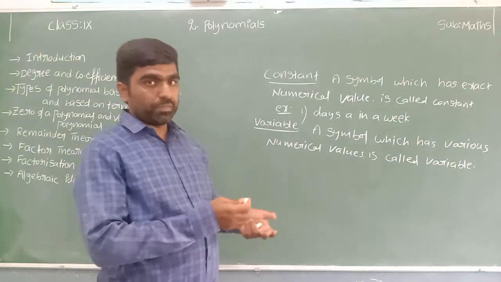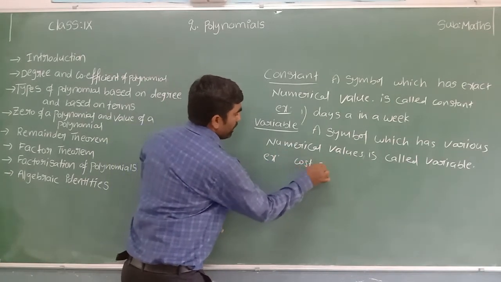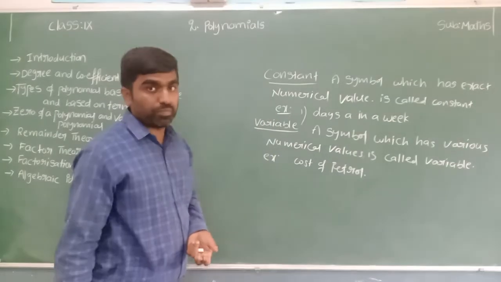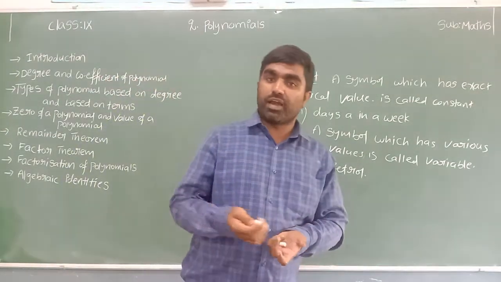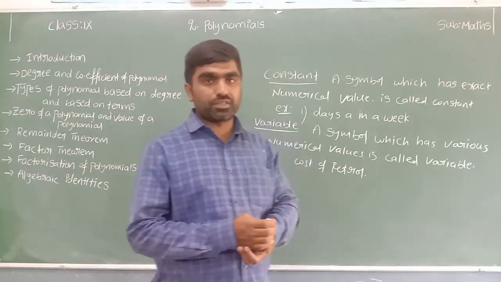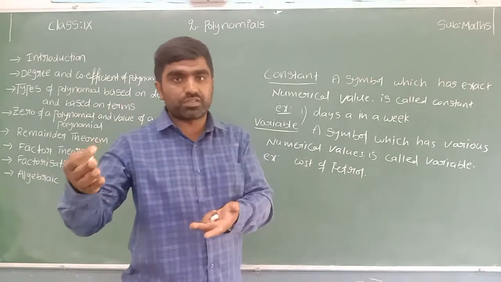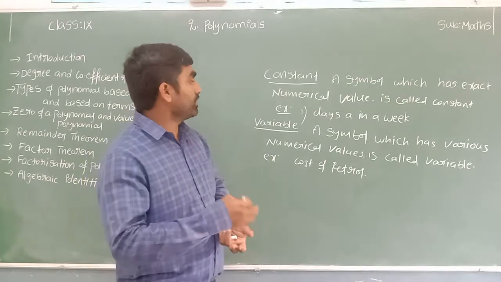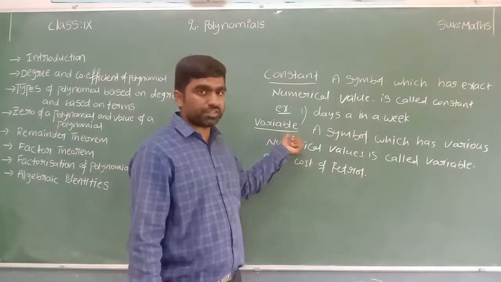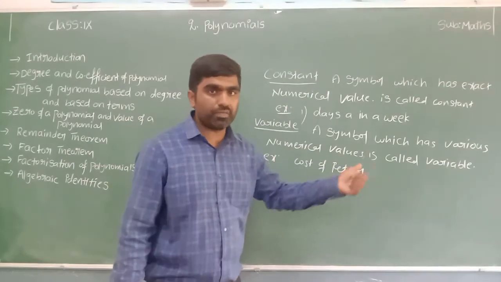Right now we are facing the problem with petrol charges. Alright. Let me take one example: cost of petrol. There is no fixed numerical value. Maybe it is 100 rupees per liter. It may increase or decrease. It has various numerical values. There is no fixed value. Like if you see the cost of vegetables, we can see various values, different times, different prices. So like that we can see many real life examples based on this variable. A symbol which has various numerical values is called a variable.